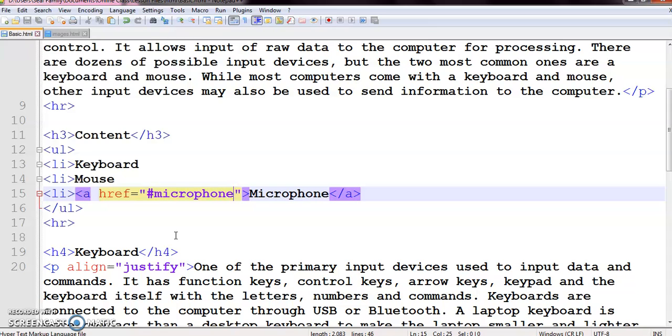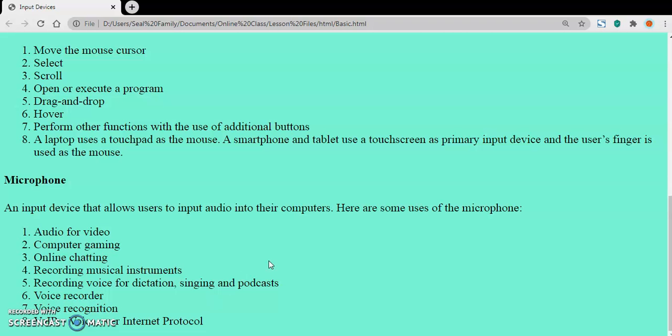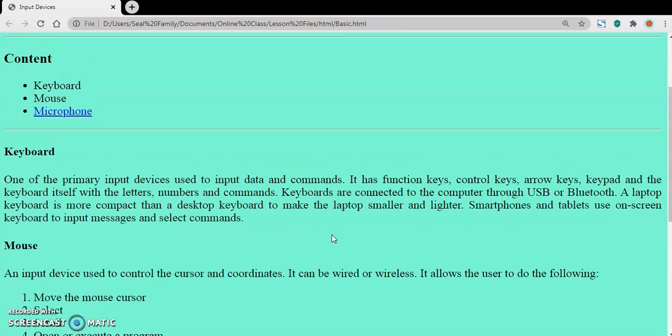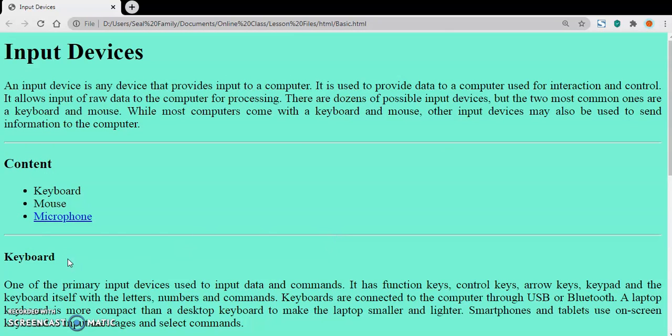So now I am saving the web page and going back to my HTML output part. As you can see, a link appears. Now when I click this microphone, the scroll bar goes down and directly jumps to the section.